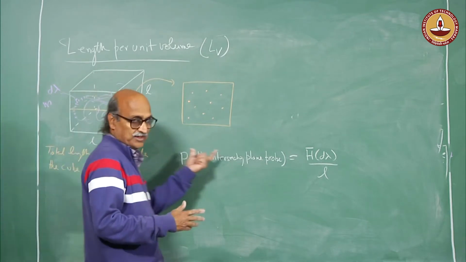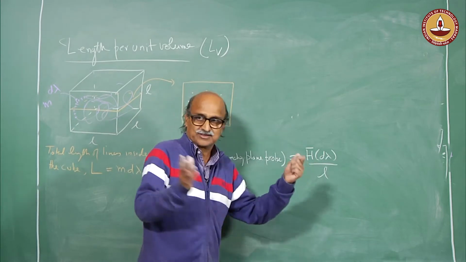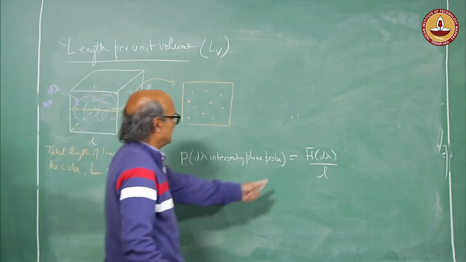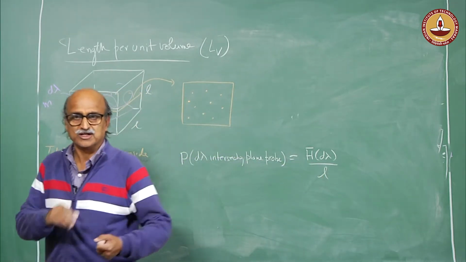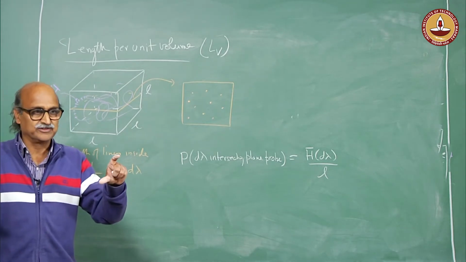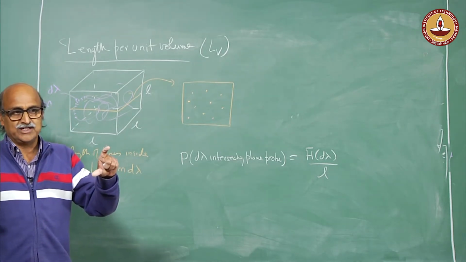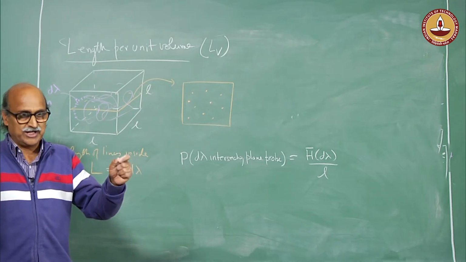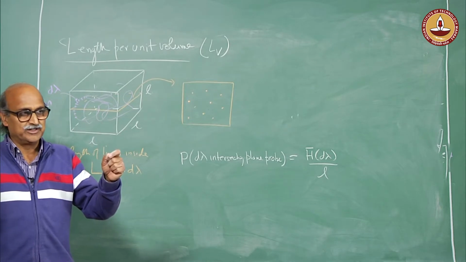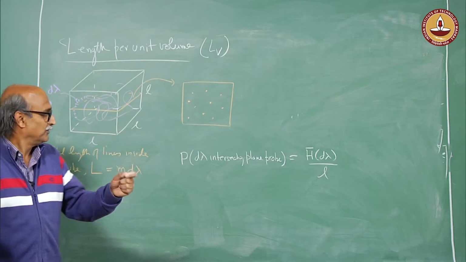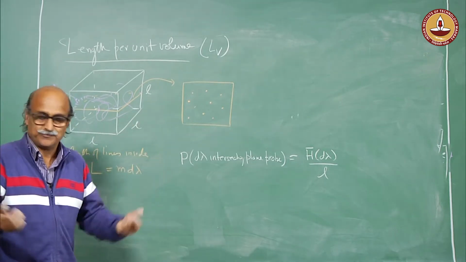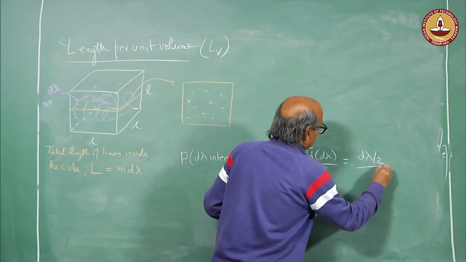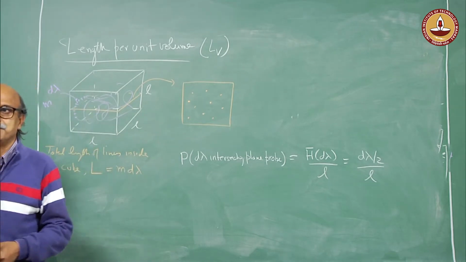We have already seen this, that when a plane probe intersects a feature, one has to look at the mean tangent diameter. What is the mean tangent diameter of such an element? That we saw in the last lecture. We derived a relationship for a cylinder, and then we let the radius of the cylinder go to 0, then it becomes a line, and hence the mean tangent diameter for that would be the length of that element divided by 2. So, this is simply d lambda by 2 divided by L.